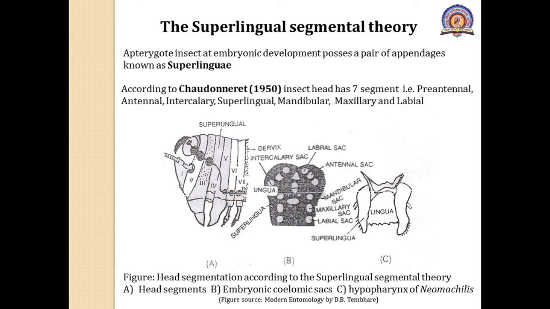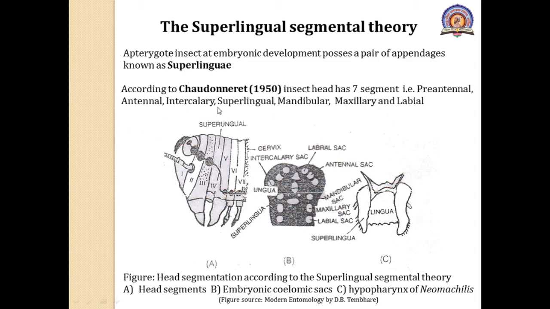The first one is pre-antennal, then the second one is antennal, the third one is the intercalary segment, and the fourth one is the superlingual segment, which consists of the hypopharynx as an appendage in the adult condition. So in this way, according to the superlingual segmental theory, the procephalon part of the insect head consists of a total of 4 segments: